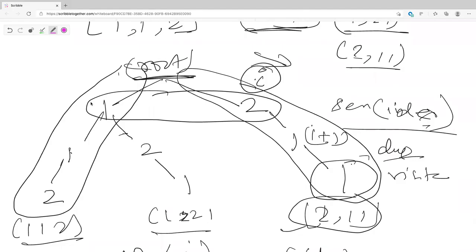By doing this DFS call, you land at a node, and if you figure out that you're going to use this DFS call again, that means you're reusing a result. That's nothing but your DP: you save it in your memo table and just reuse it. So DP is nothing but backtracking with memoization.